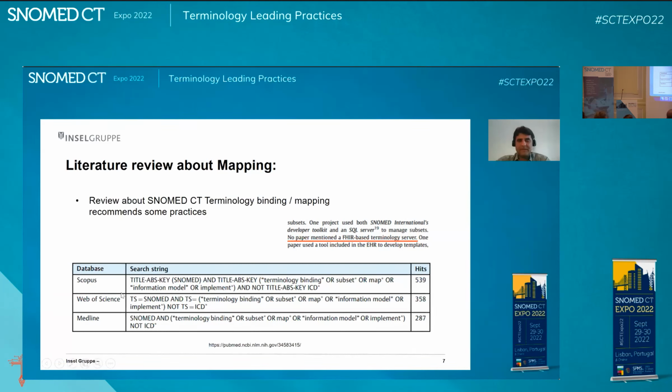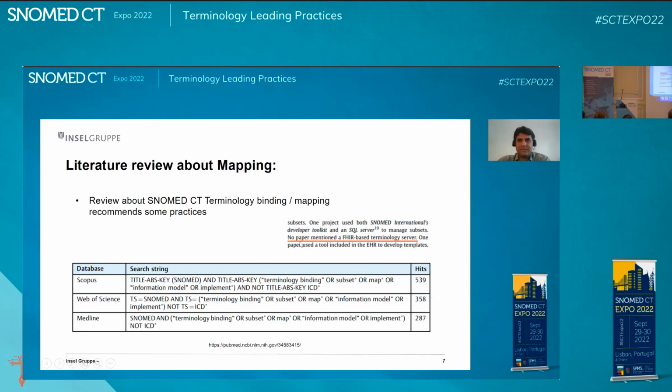Here you can see the database and the search string she used, and the hits she got, like how many papers are out there which have done similar work in terminology binding or mapping. On the right side, you can see a screenshot of the paper